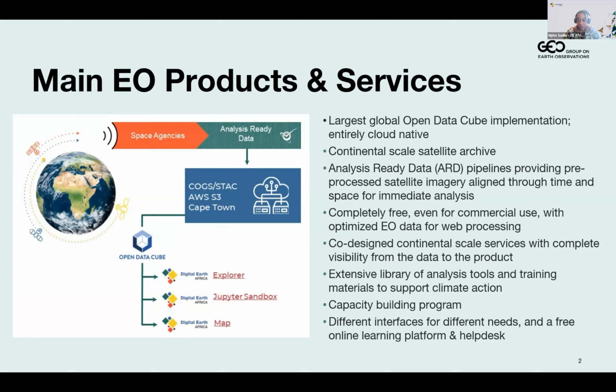If you're a little bit more technical and want to do a little bit of more advanced analysis, we have our Jupyter Lab environment, which is called the Sandbox. You can go in there, use the already produced scripts that we have, develop your own, and do your own analysis. So overall, the idea is that we handle the complexity and you as a user focus on your specific applications.